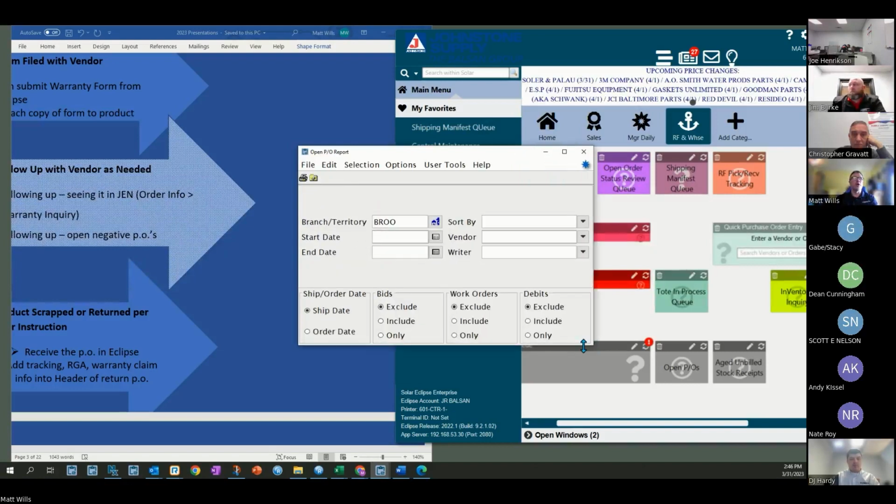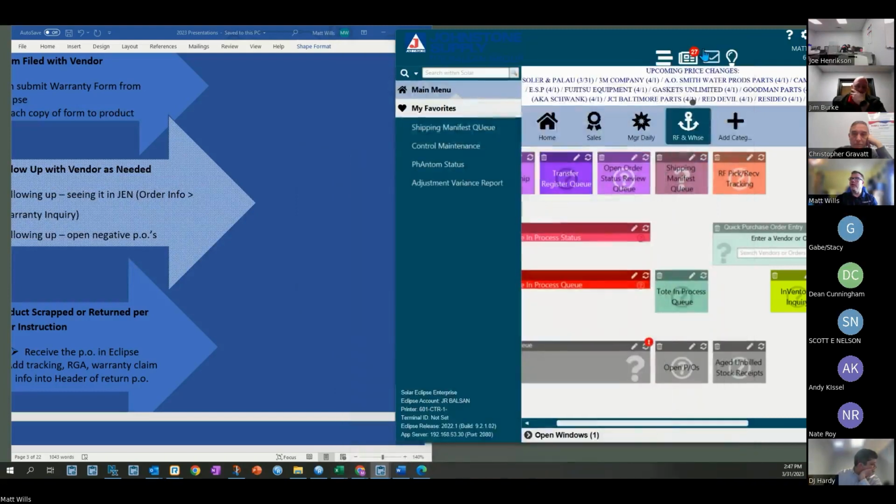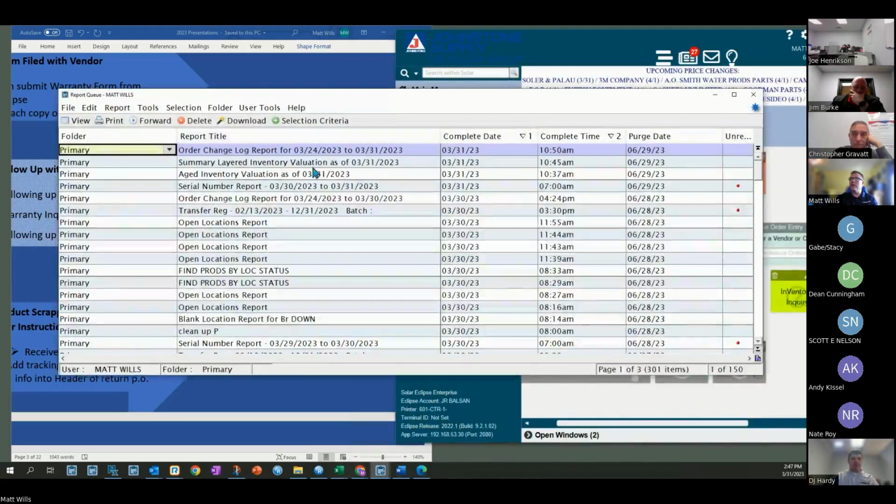This one, and there's instructions in the quick guide. Just your branch, leave the dates blank, sort by vendor, debits only. So when you run that, as I ran it the other day, it will look like